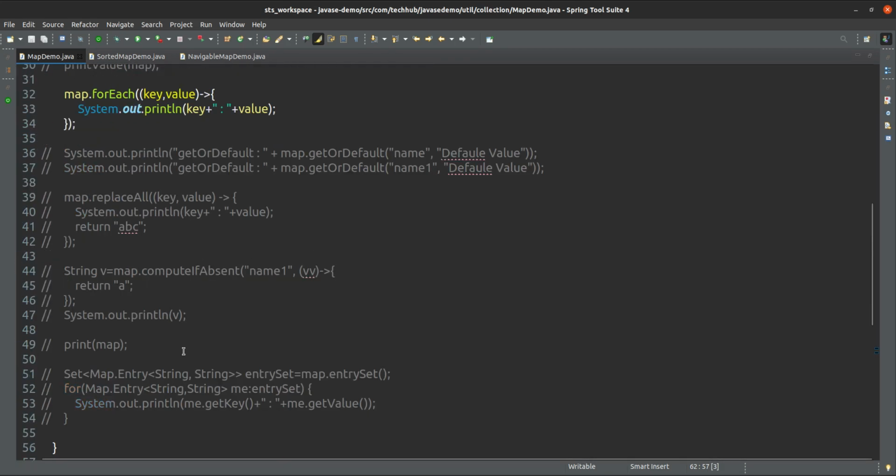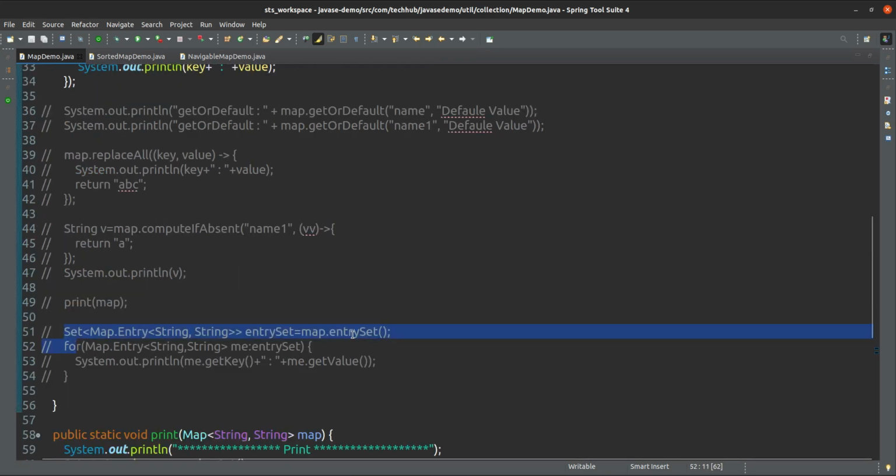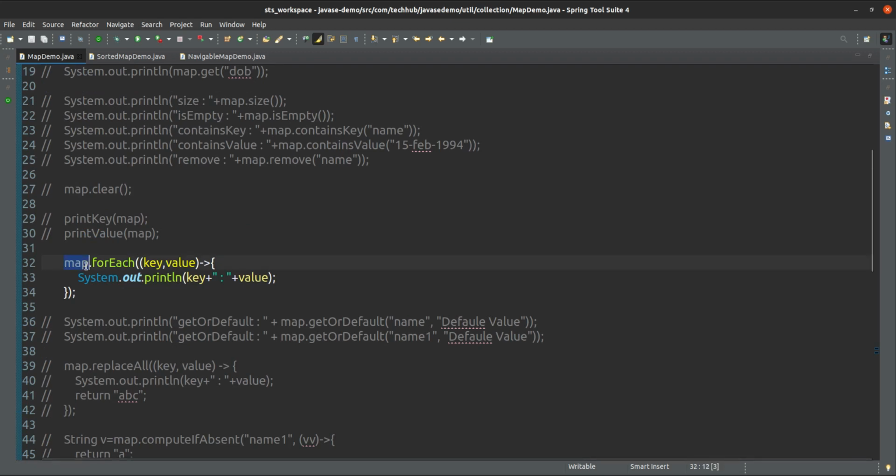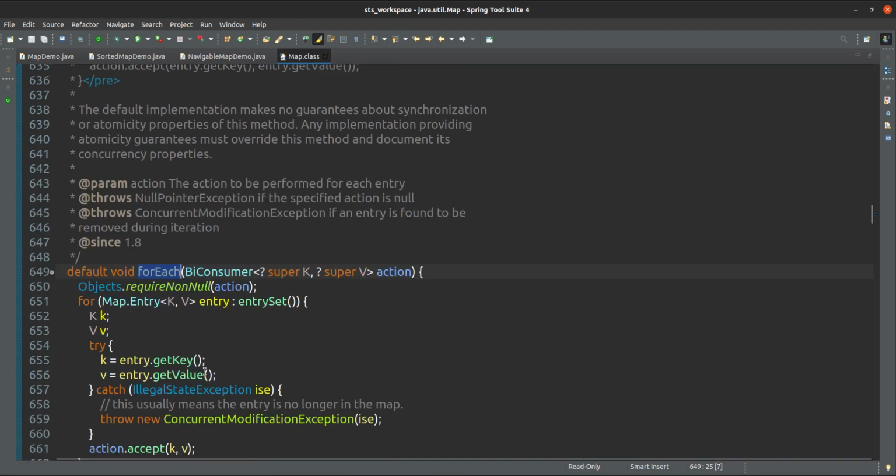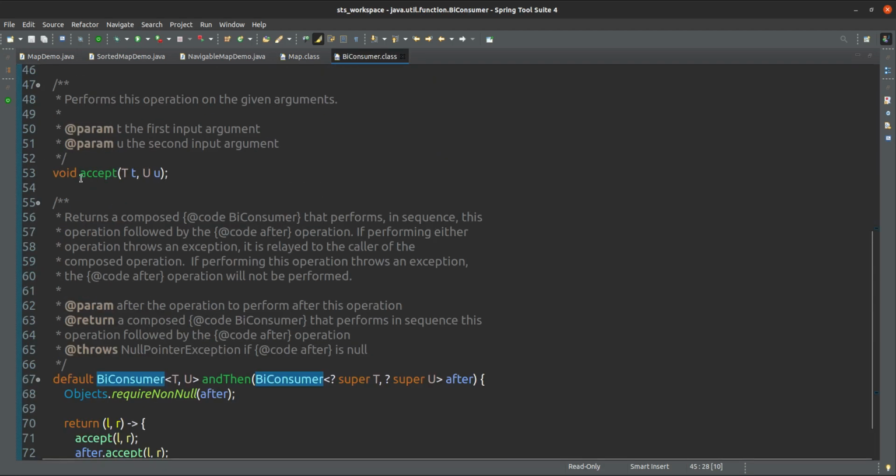Or we can print using this entrySet, or we can use forEach also. forEach is again a generic method that takes one argument, a BiConsumer. Inside this BiConsumer one method is there, that is accept. Inside this, two generic parameters are there, T and U. So the first one will be the key, the second one will be the value, and it will print.